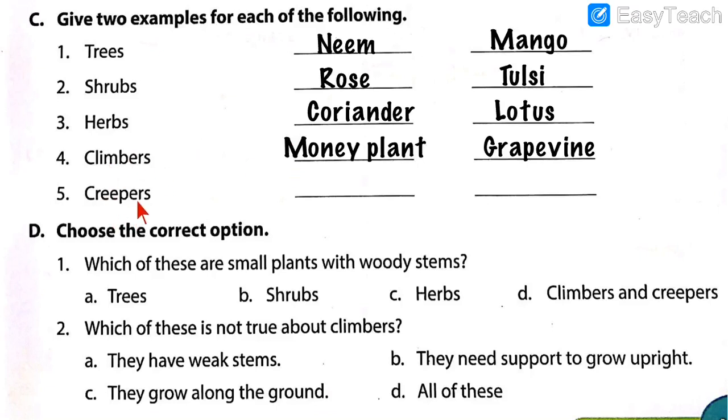Then number 5, creepers. Creepers are the plants that have weak stems. Just like climbers, their stems are weak, but they grow along the ground. Where do they grow? Along the ground. So we'll write the examples. So here are the two examples: